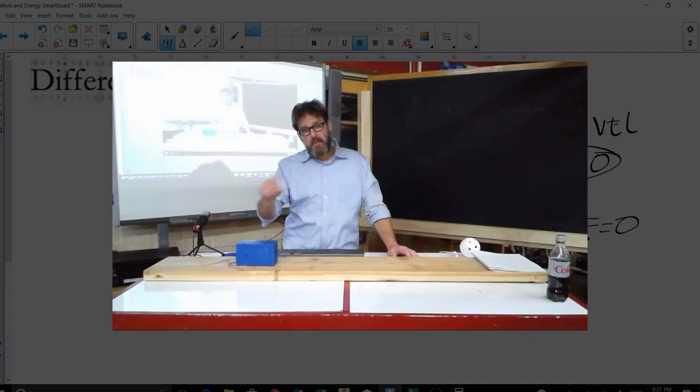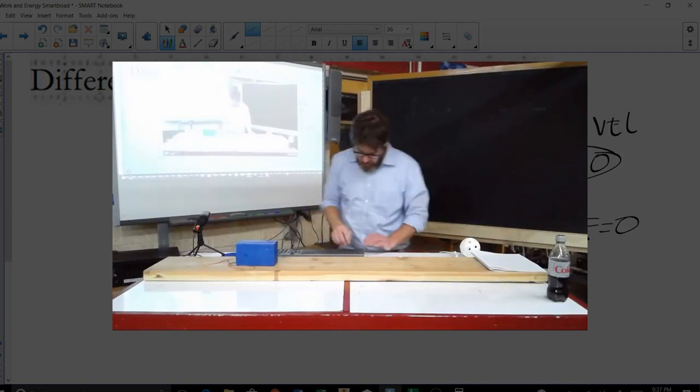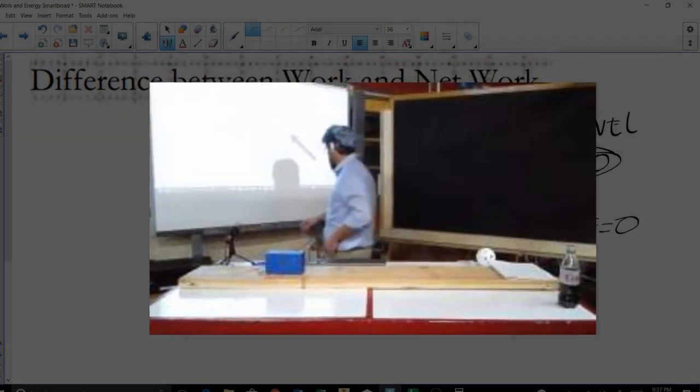So in the end, what is the net work done on our block as it moves at constant velocity? And the answer to that is none. Here's another way to look at it. Net work can be looked at